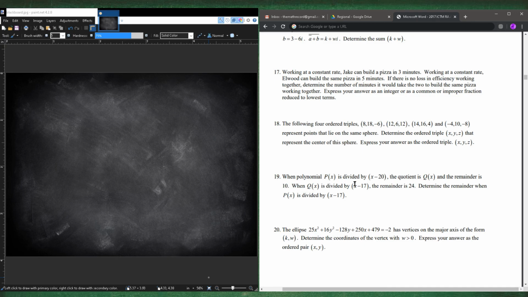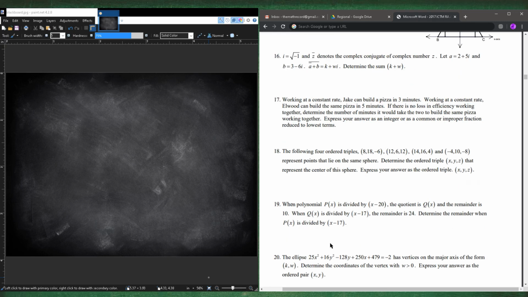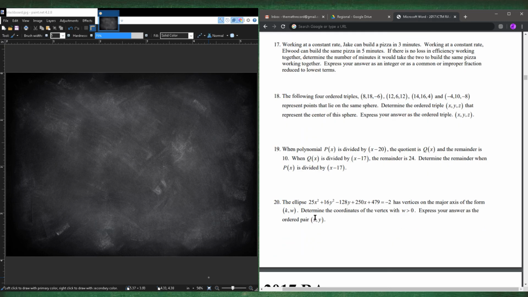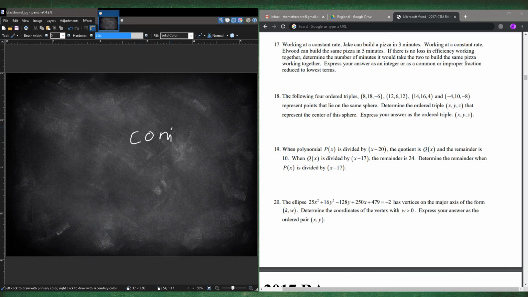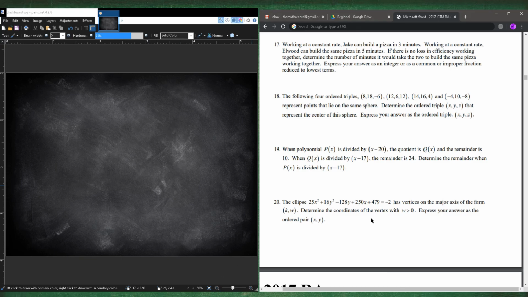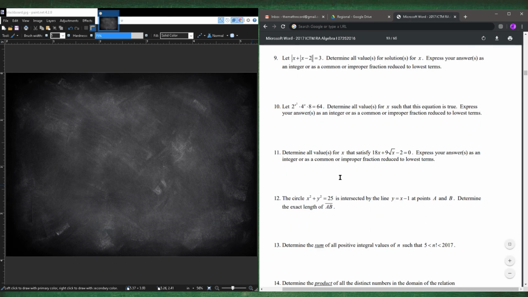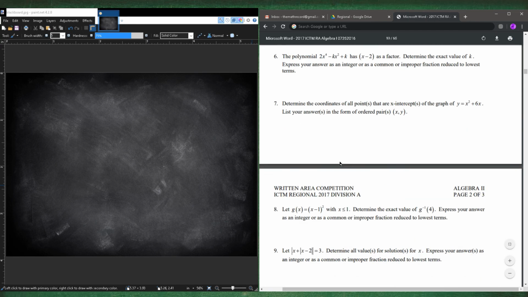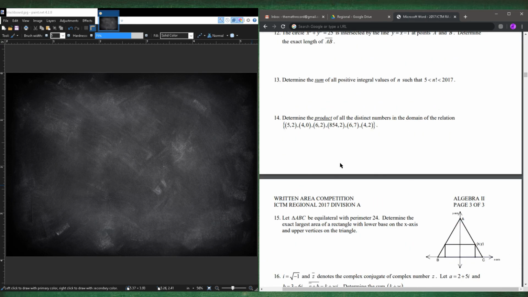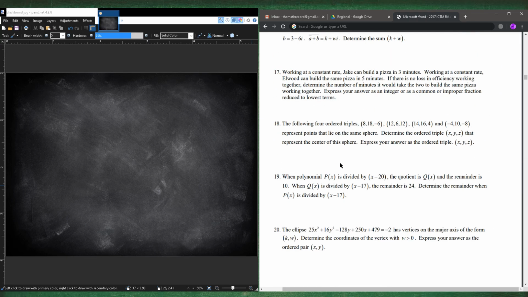As for which questions are kind of hard, 18 is kind of difficult, as I showed. 19 is somewhat difficult, so sorry about that. 20 is kind of weird if you don't know what to do with conics or you don't know what a conic is. So conic, if you want to search that up, C-O-N-I-C. And if you don't know what complex numbers are, but basically that's it. Usually algebra 2 is just a combination of geometry and algebra 1. And that basically covers everything for